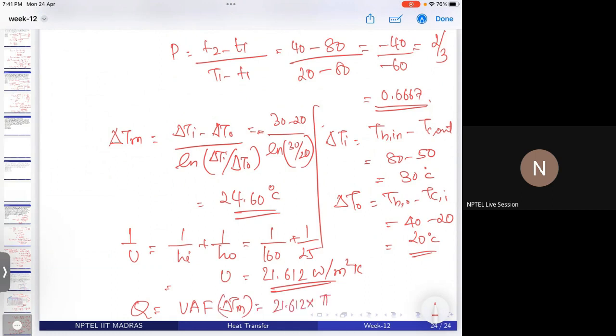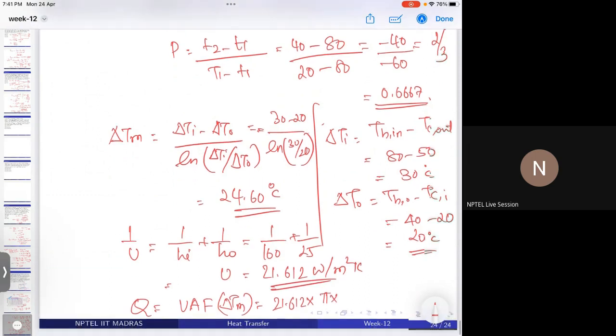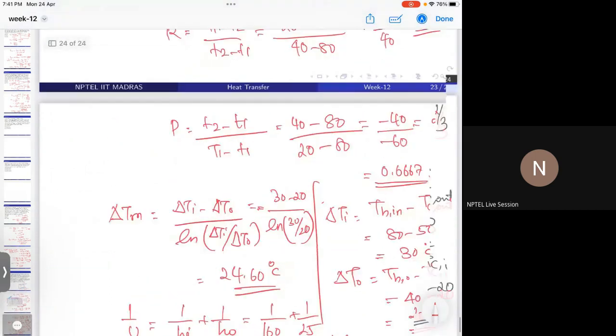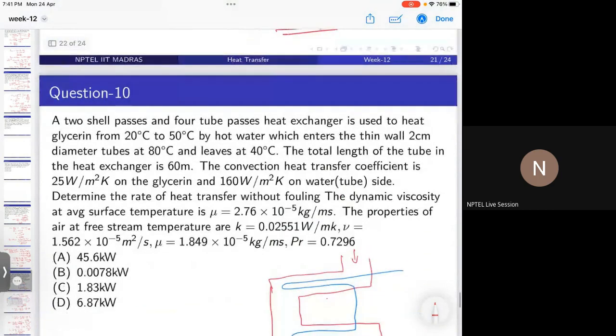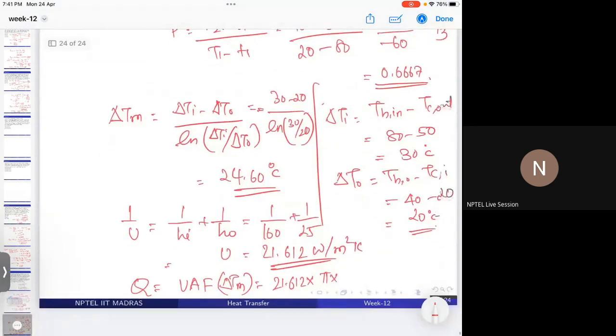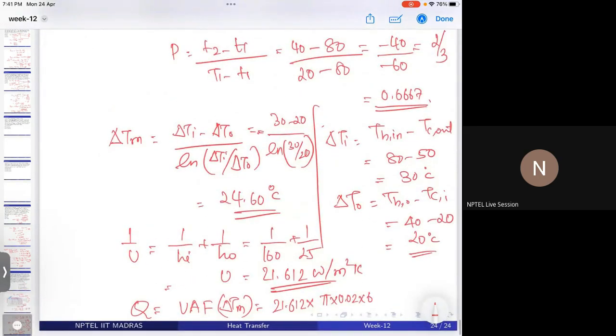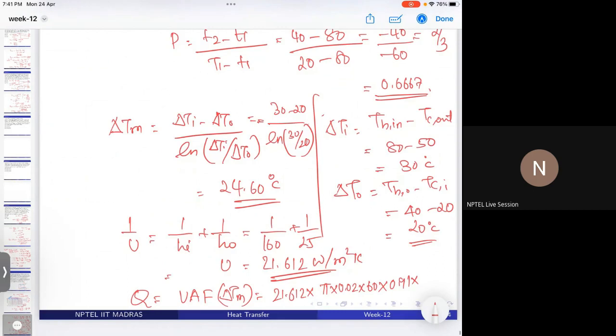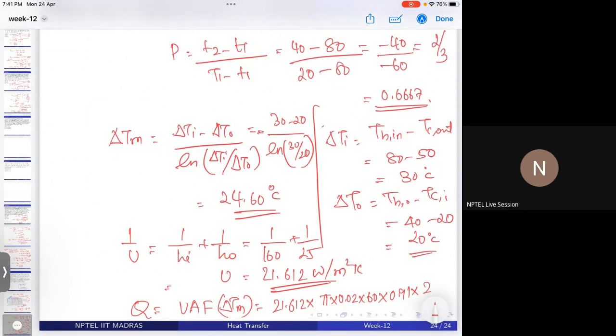So now just substitute: U A F delta Tm equal to, area of tube is how much? Pi into 2 into 60, into 0.91 into this delta Tm 24.6. This answer will come out to be around